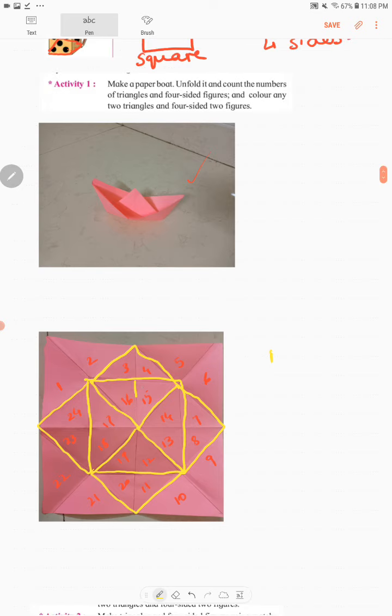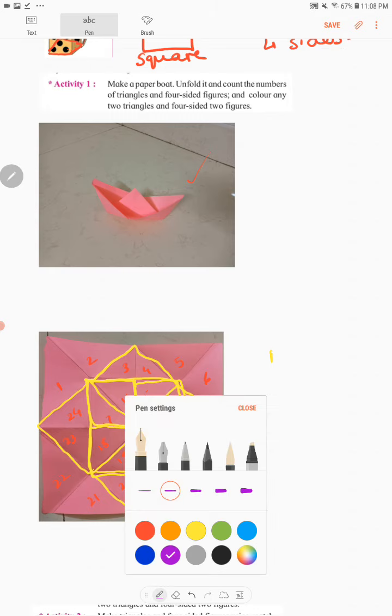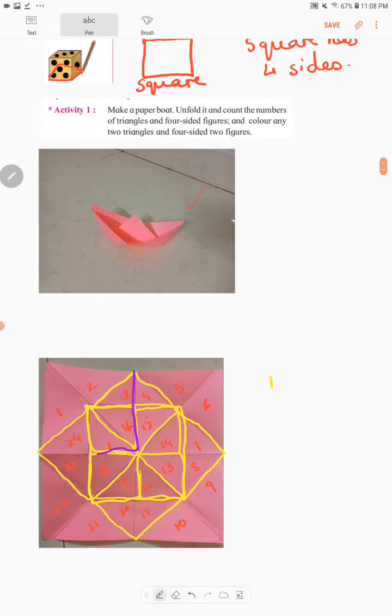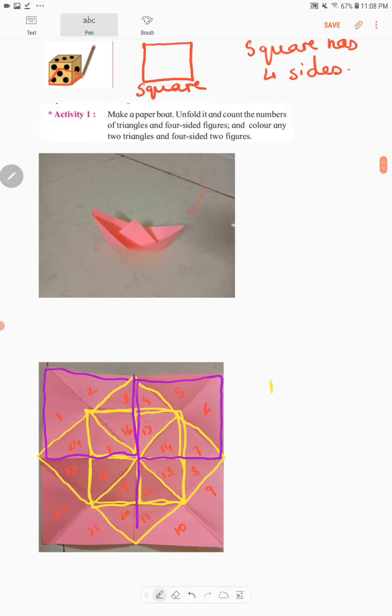Here, 6, 7, 8, 9. So 9 four-sided figures. And I'll just take another pen. 10, 11, 12 and 13.